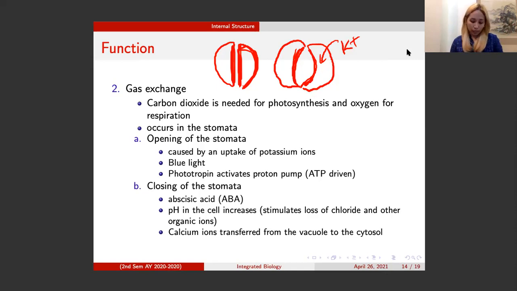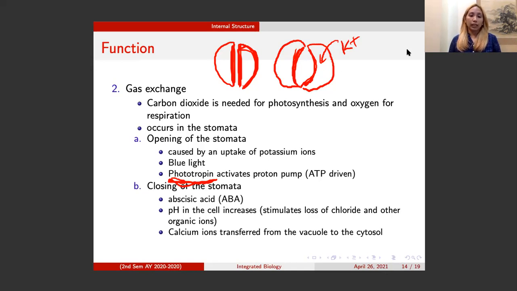With the help of blue light, more potassium influx channels or protein channels will be open, and that will help in the movement of potassium. And blue light also is perceived by this photoreceptor, which we call phototropin. So when there's blue light,